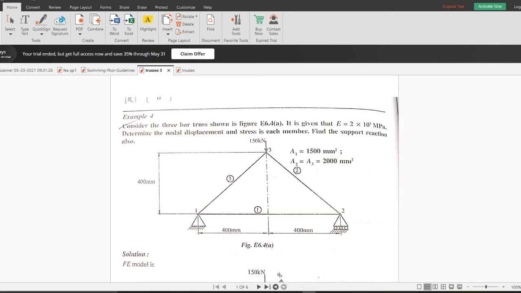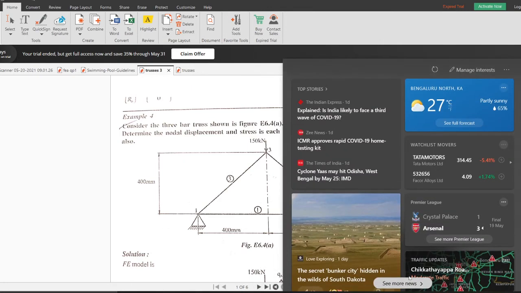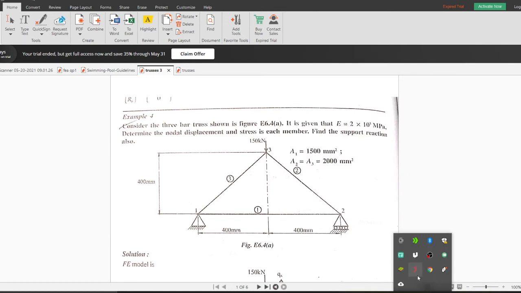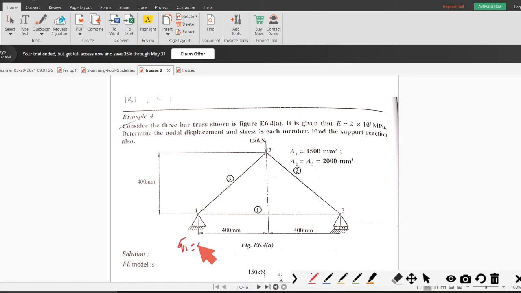Can you tell me anyone what are the boundary conditions? Q1, Q2, 0. Good. What about Q3? Roller support here now. Keep this in mind. What about Q3? So not equal to 0. So it can freely move in which direction? Horizontal. Yes.